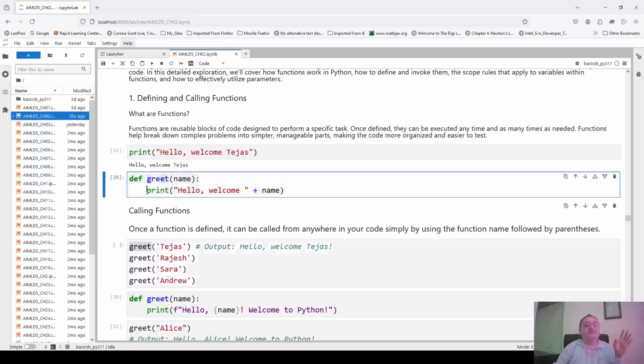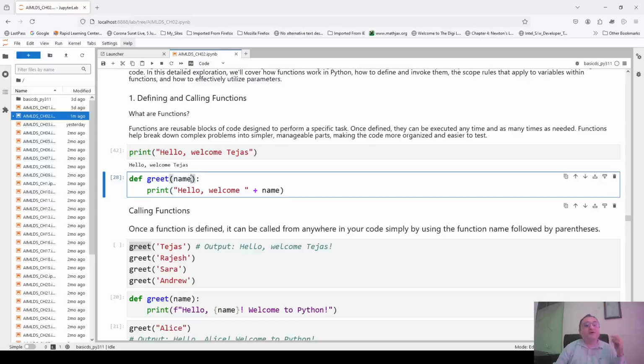For example, what your function here is doing is printing a greeting. So obviously you cannot name it zoo or astronomy or physics or anything like that. That would be completely unrelated to the functionality of this function. So it is better to give a meaningful name. Remember, you can name it any random thing and it will still work, but it is good practice that your name should reflect what the function is doing.